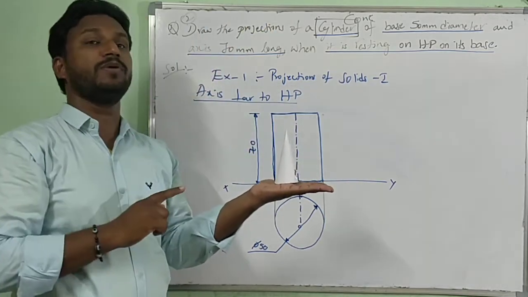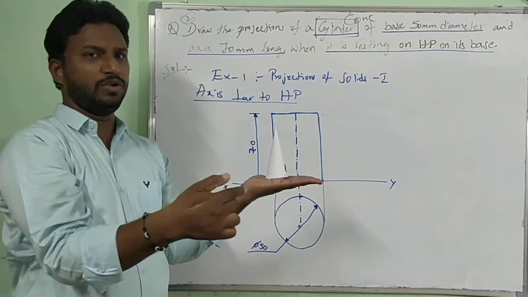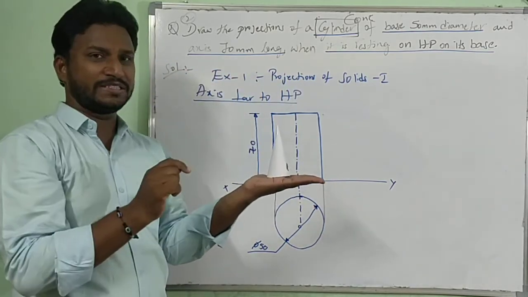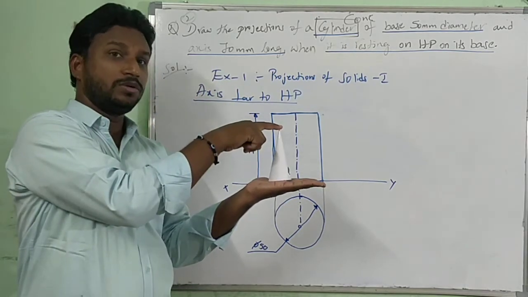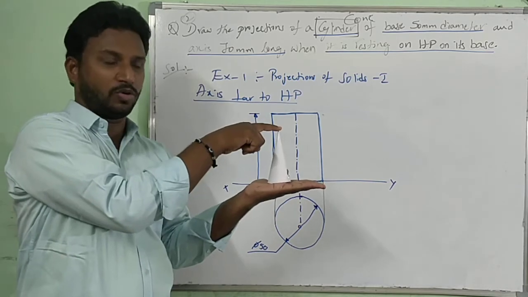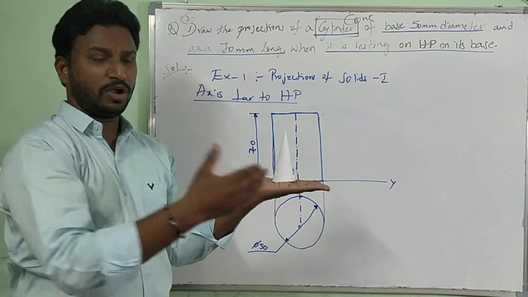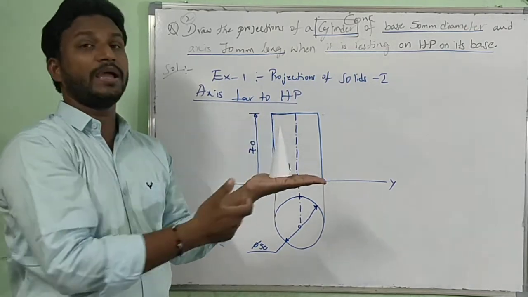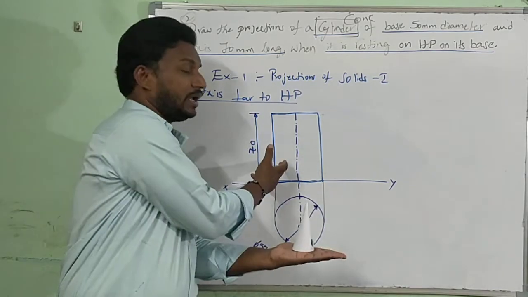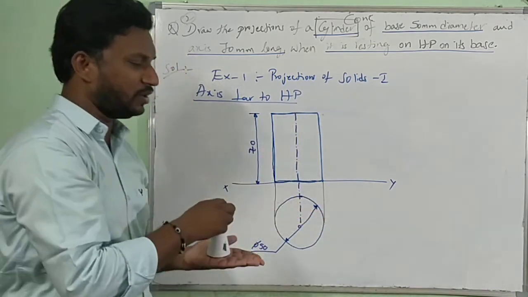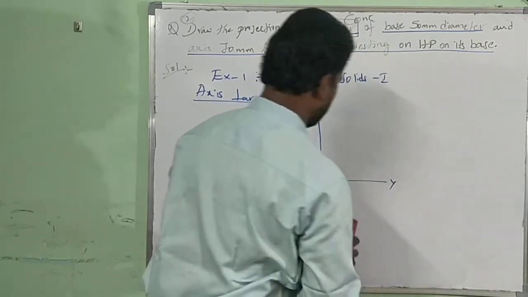First, which view can be preferred? Top view, circle, can be preferred. And in the front view, where is the axis? The axis is an imaginary line passing from the apex point of the cone to the center of the base circle. Now when you look at the front view, it looks like a triangle. The boundary will look like a triangle, and that has to be drawn. Here you drew a rectangle, but for the next one you have to draw a triangle.